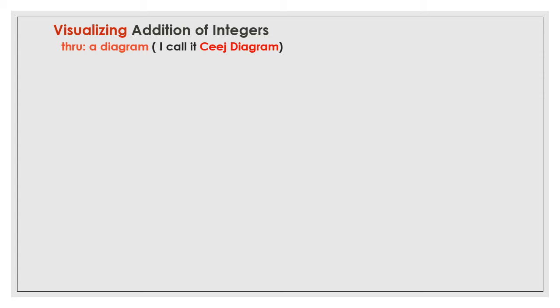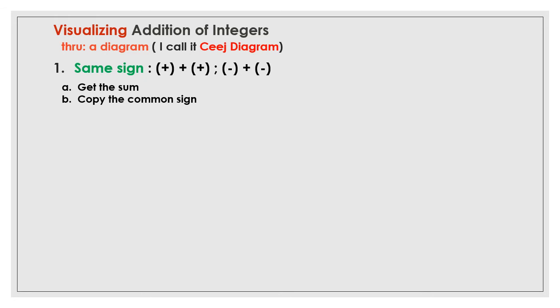Now, we have another way of visualizing addition of integers, and that is through a diagram, which I call seeds diagram. So, for the same signs, we get the sum and copy the common sign. So, we have 13 plus 28. Kung gagamitin natin ang number line, medyo mahaba ito. Pero sa technique na ito, using a diagram, mapapadali ang pag-add natin ng integers. So, using the seeds